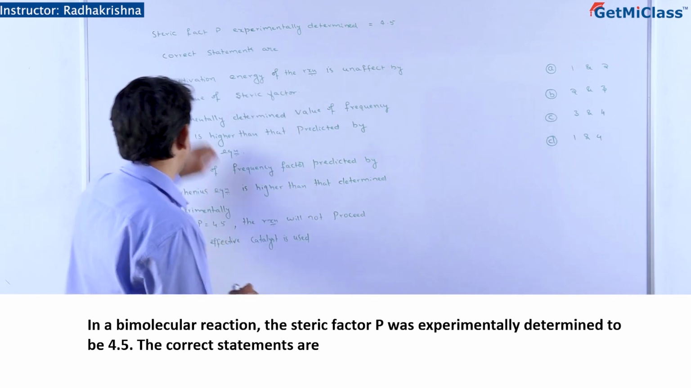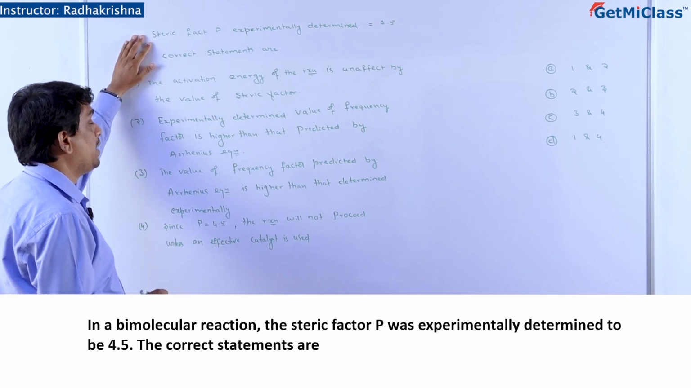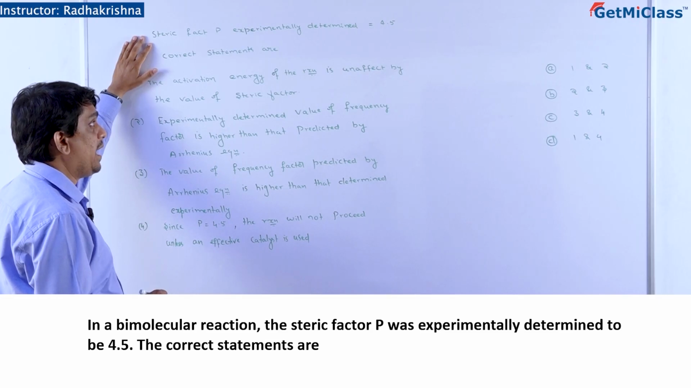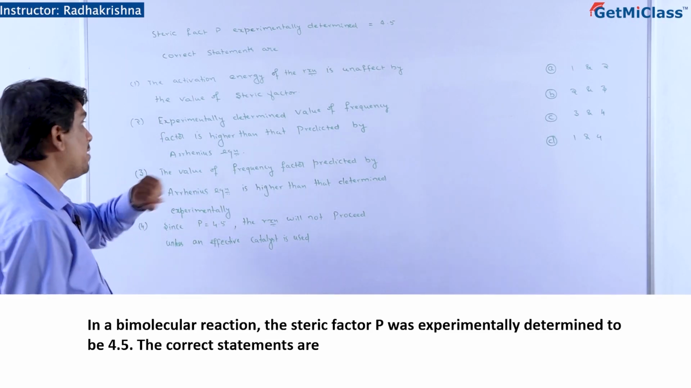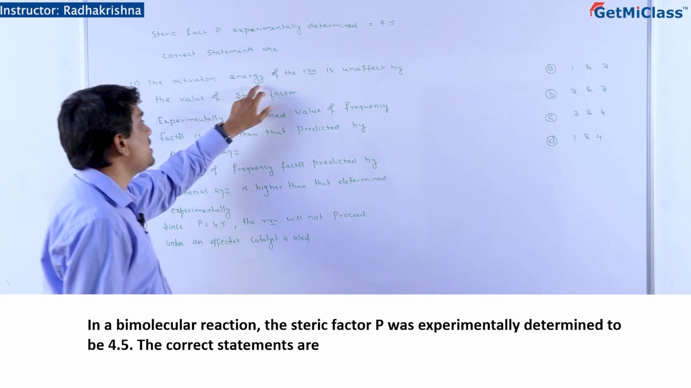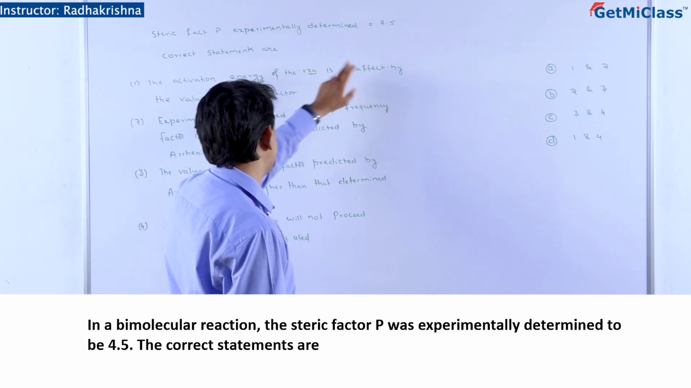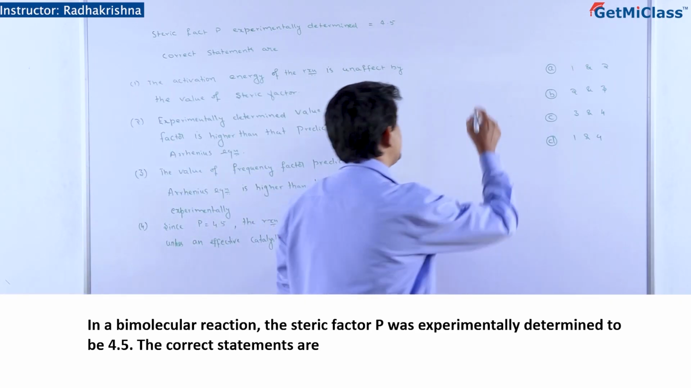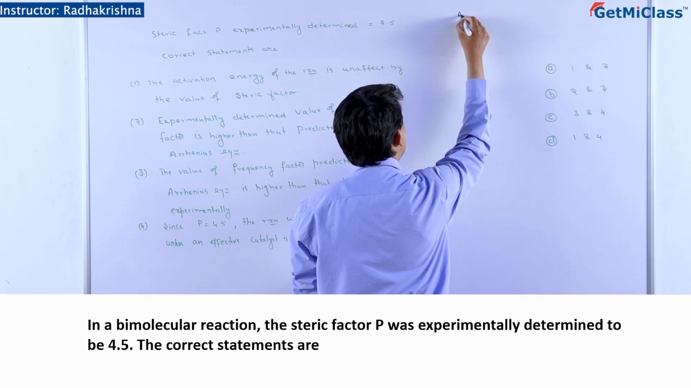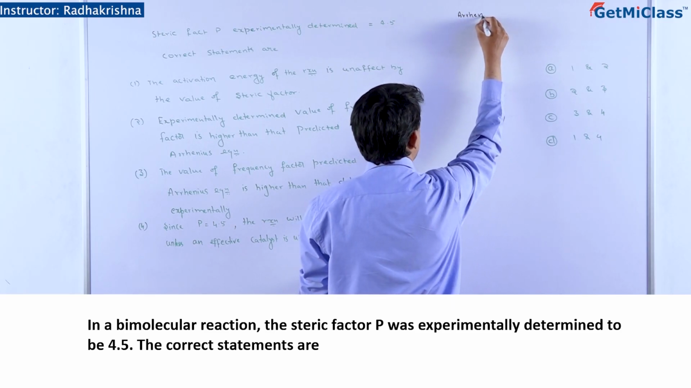Students, look at the question. Steric factor P experimentally determined is 4.5. Correct statements are, look at statement 1. The activation energy of the reaction is unaffected by the value of steric factor. Everyone see this. You know the Arrhenius equation,